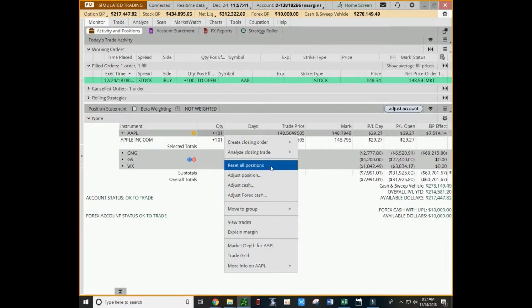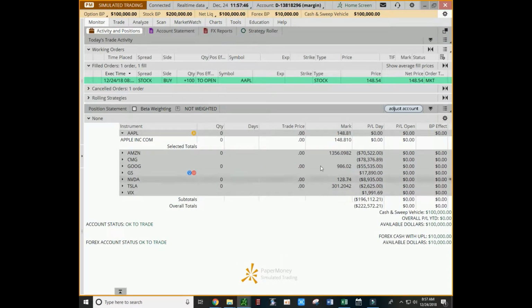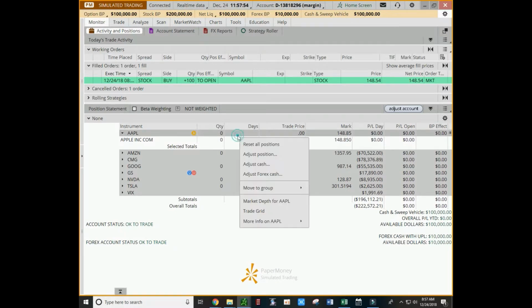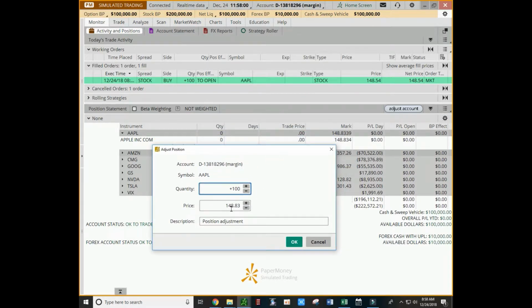Okay, now I know how to do this. Let's do this. I'm going to reset all the positions, right? There you go. I'm going to reset all the positions so they're all 0, right? You see nothing moving now. Now I'm going to add, so you can see, I'm going to adjust position. I'm going to add 100 shares, and I'm going to put my price. Let's say, for example, I bought it at 145, right? $145,